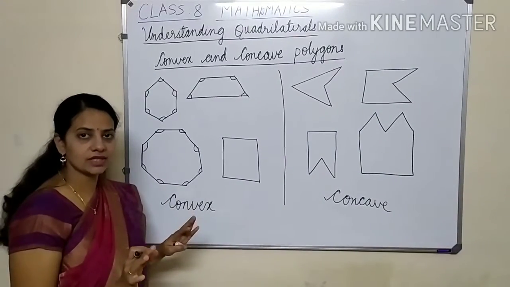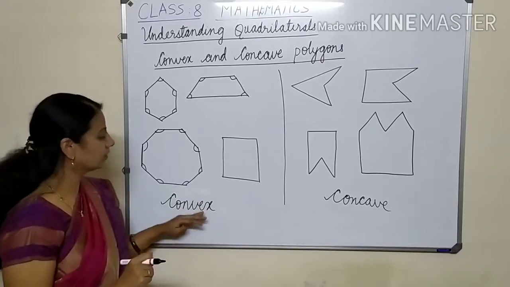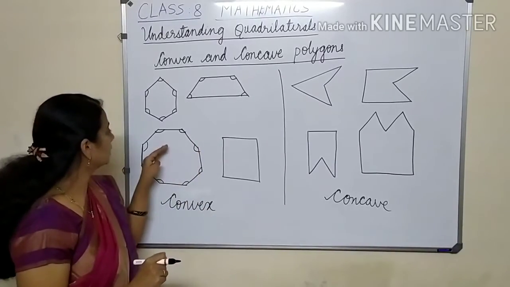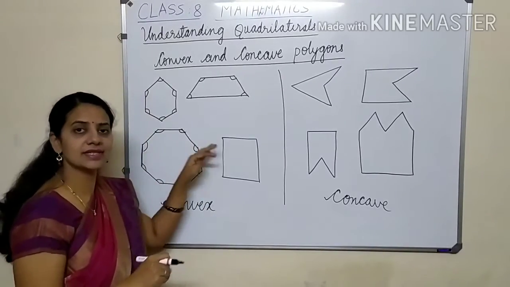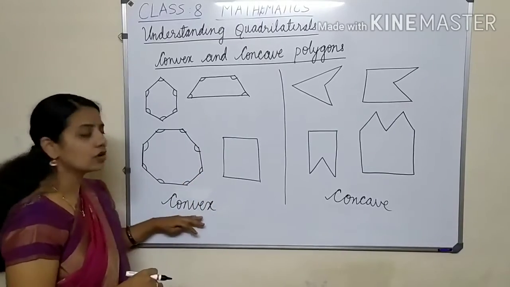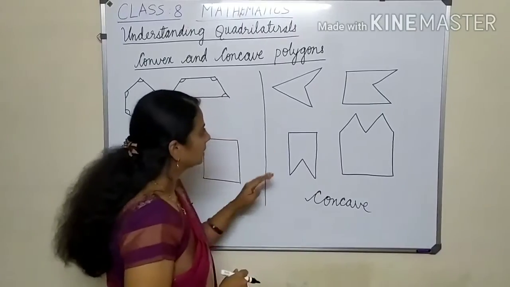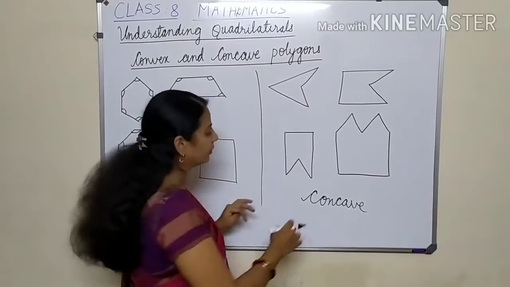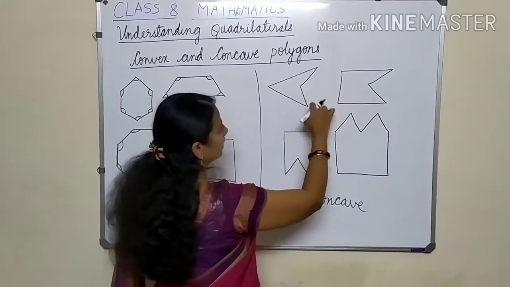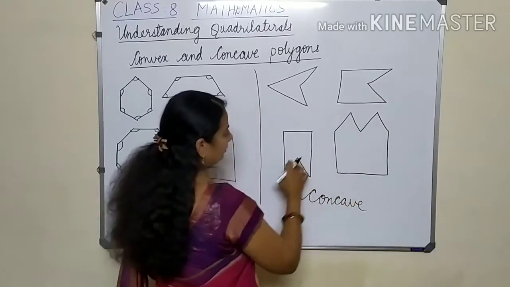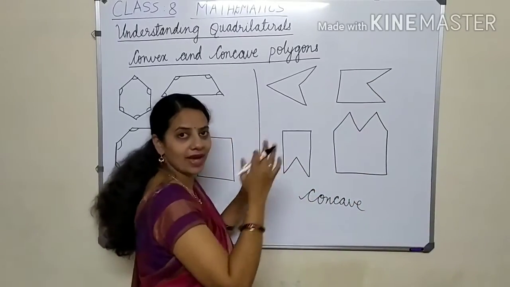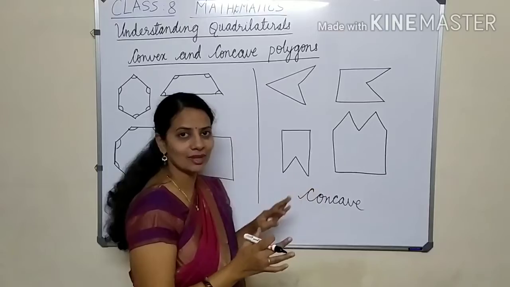So very easy to understand, right? So polygons which have interior angles less than 180 degree are called convex polygons. Now coming to concave. So by just looking at this itself, you can make out that it has a shape of a cave, right? So like you can imagine you are entering inside the cave or something like that.